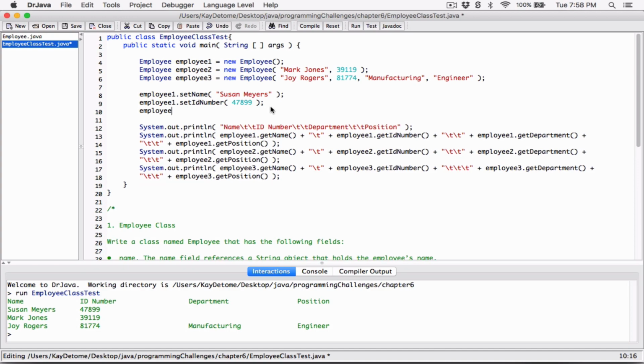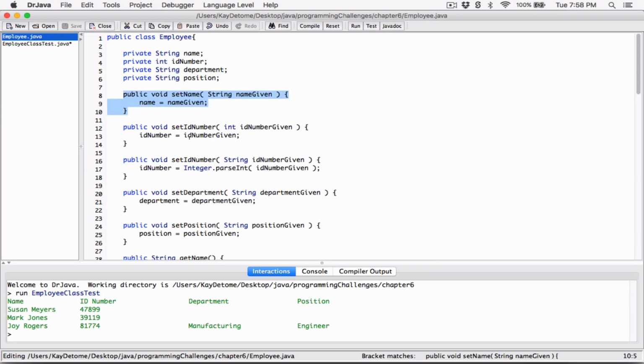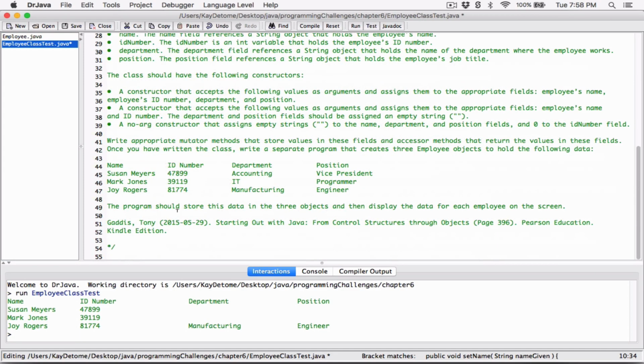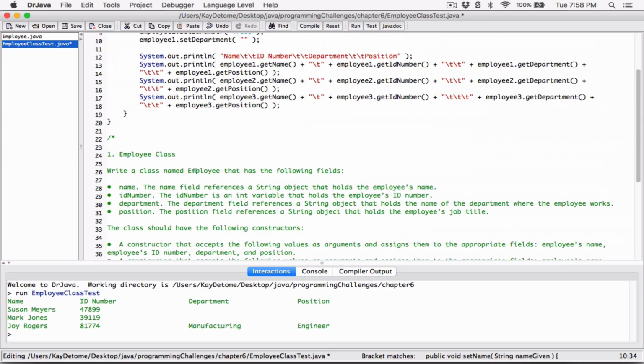So employee 1 dot set department, and the department, remember the set department method over here, takes a string and sets the department field of that object to the department we give it. So we are setting the department to accountant for Susan Myers,